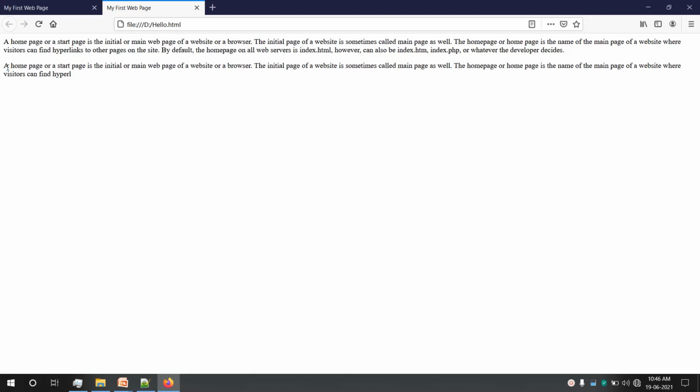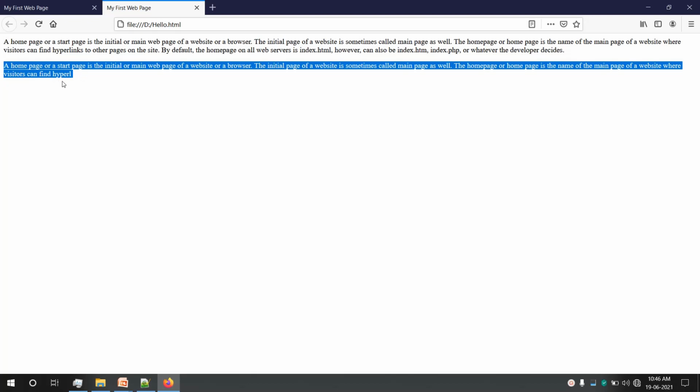When I added the second paragraph, the paragraph tag, what it does, it breaks the current line. The current line was this at that time. It breaks the current line, adds a new line over here. You can see a blank line before that, adds a new line over there, then inserts the content from the beginning of a new line. So this is what paragraph tag does. So whenever you want to display some lines of text on the web page, you have to always use a paragraph tag inside the body tag. Okay, so this is about the paragraph tag.